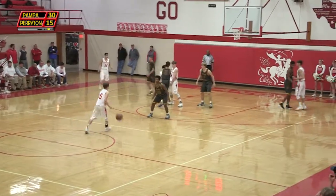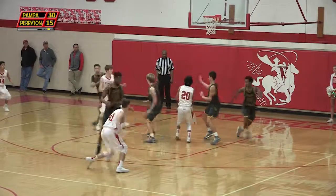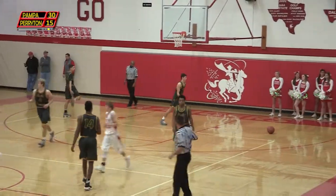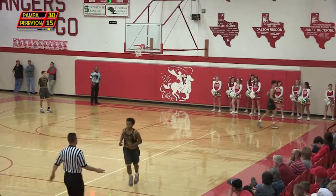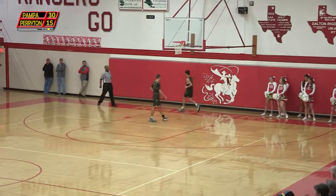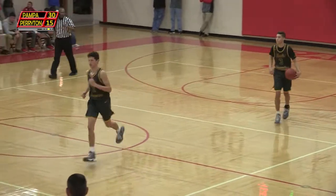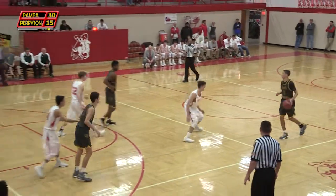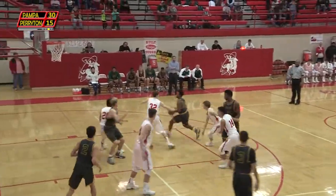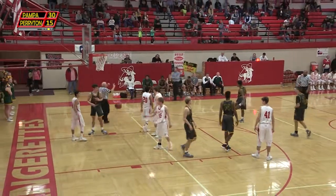30-15, Pampa in front. Davis into the front court against Williams. Takes it to the right side. Hernandez around traffic, draws the double team inside the paint and travels. Hernandez, back-to-back turnovers for the Rangers after getting a foul called and getting a chance to have an offensive possession. Just look flat for some reason. Just the height for Pampa has stymied them. They can't seem to get out of the funk. Pampa playing really well tonight. They've done a good job with the defensive scheme and the play of Braxton Floyd down low, scoring those 16